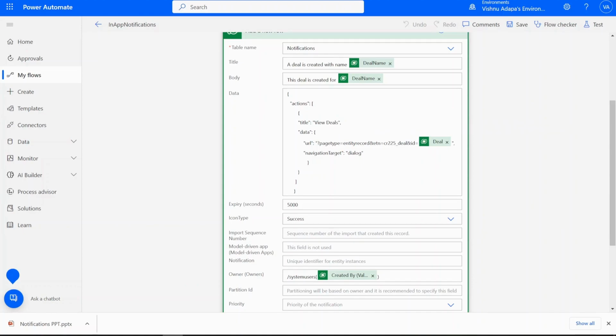Here I can define what is the title of the link, and the data of the link is nothing but the actual URL that should be used for view deals when it is clicked. So we have to give it in this format: page type equal to entity record, and etn equal to the entity name. For example, on click of the link, I want to navigate to the deals data table, so I have to give the logical name of the deals list, and id